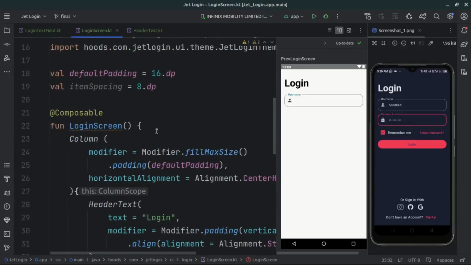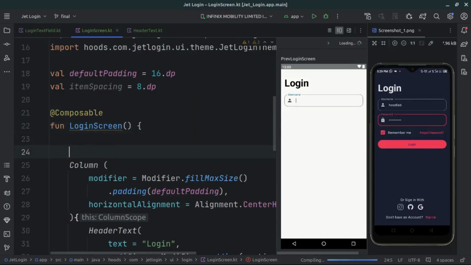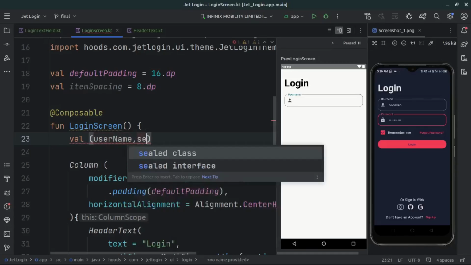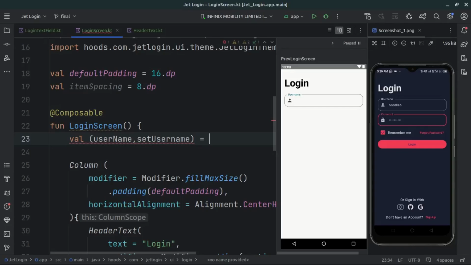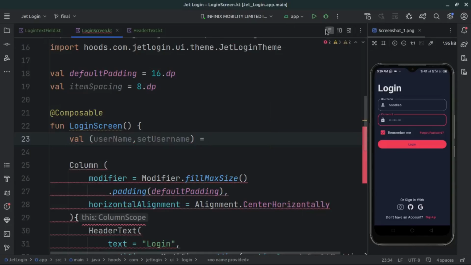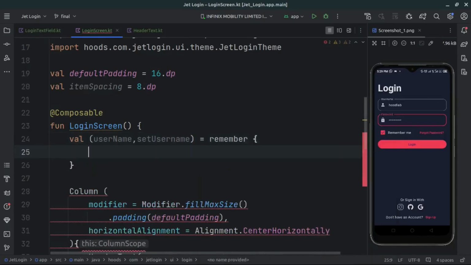And in Jetpack Compose, there are different ways which you can use to declare a state. So I have a dedicated video speaking about states, so you can check inside my Jetpack Compose playlist. Okay, so for this case, we can create here a variable. And I'm going to use this type of state declaration. So for example, here we have a username, and we can specify also the setUsername. And basically here what we want to do is to use a remember, because when we have recomposition, then this variable is going to be lost if we don't use a remember. So for example, here when we use this remember, it's going to keep this state whenever we recompose, because Jetpack